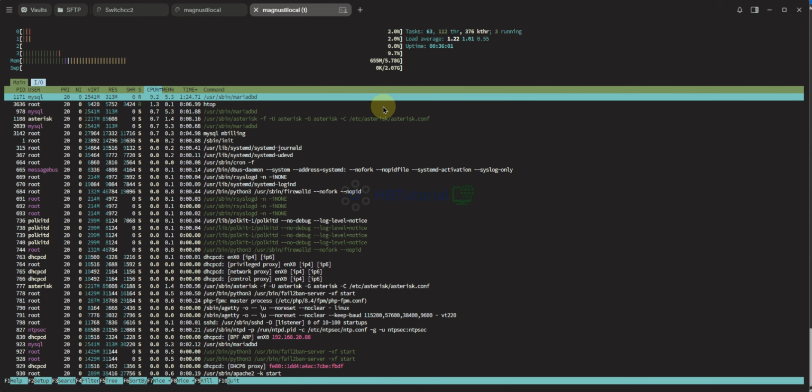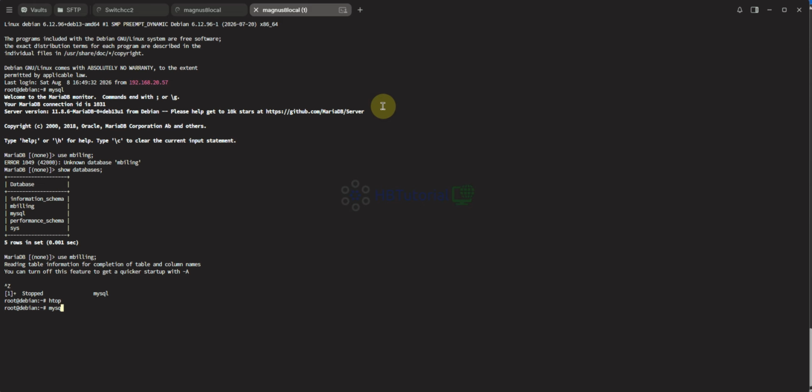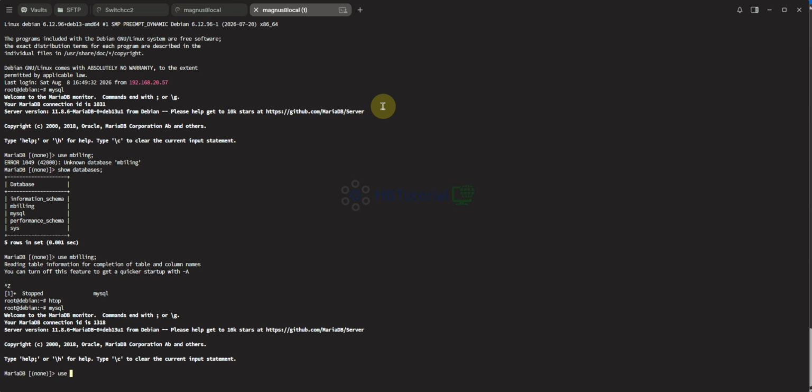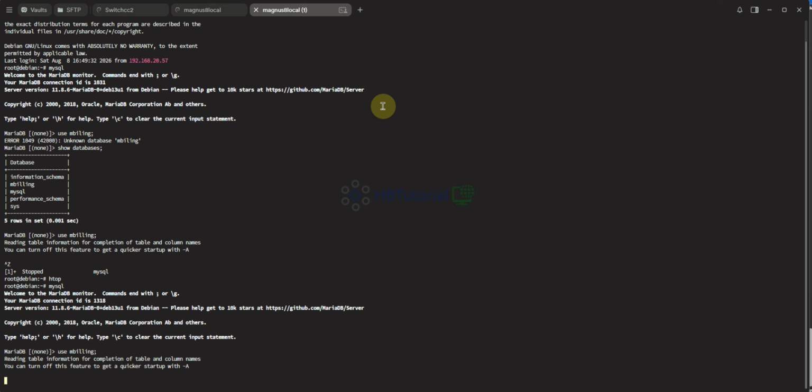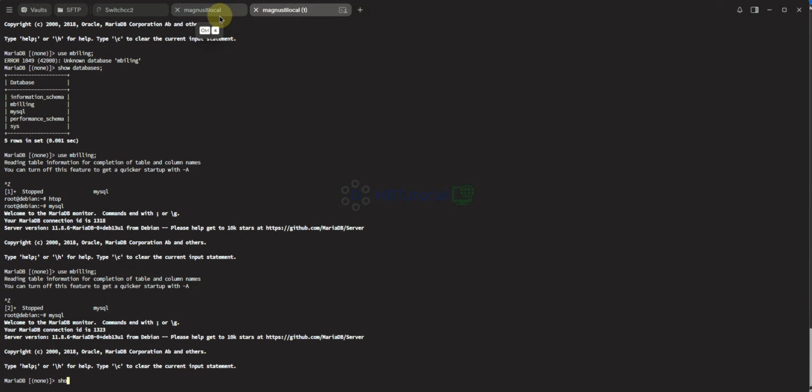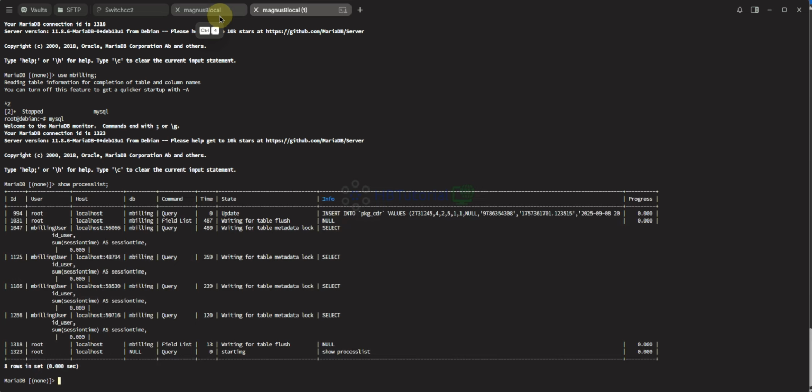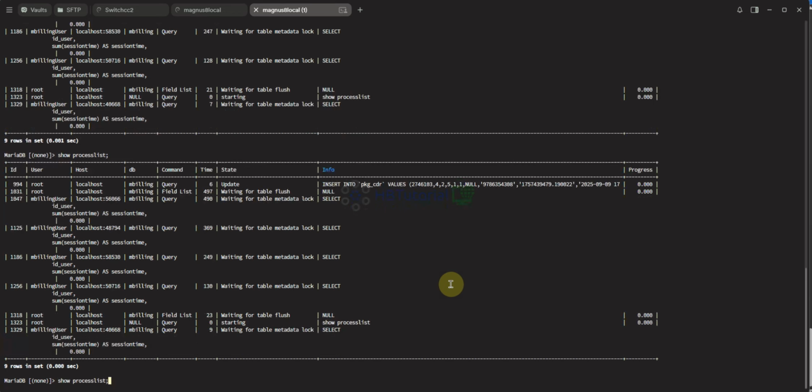Let's see what the process is doing inside. Use the billing database, then show the process list. It's updating. It's on the package CDR. It's uploading the packages.